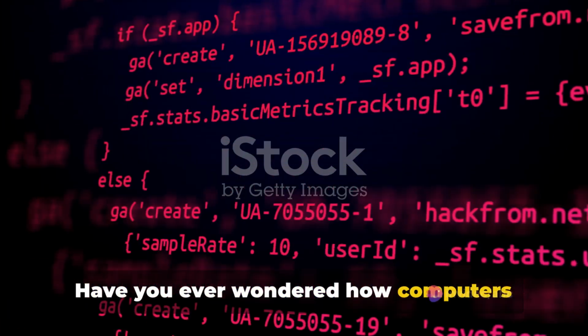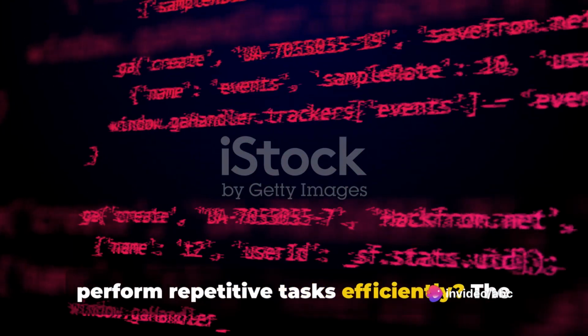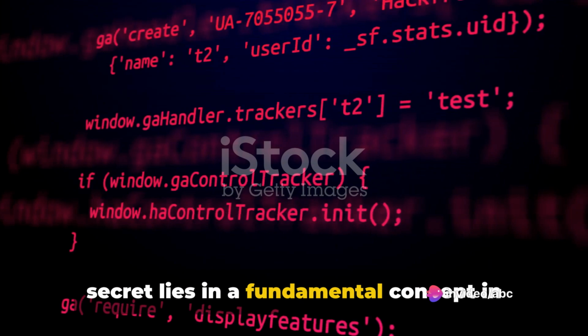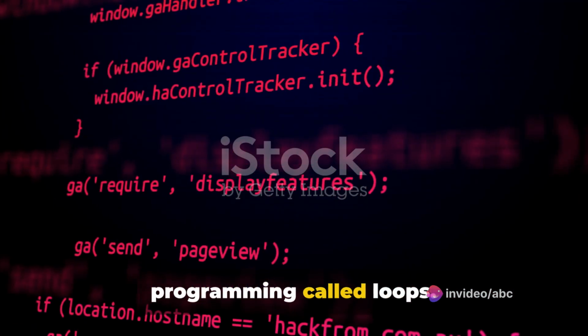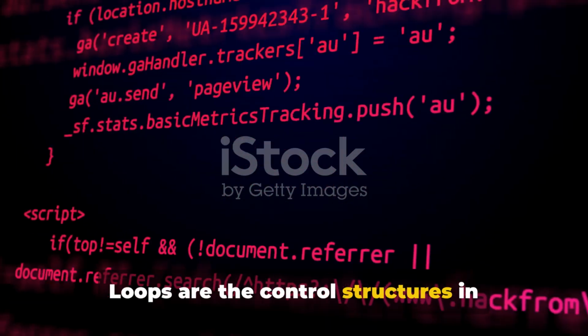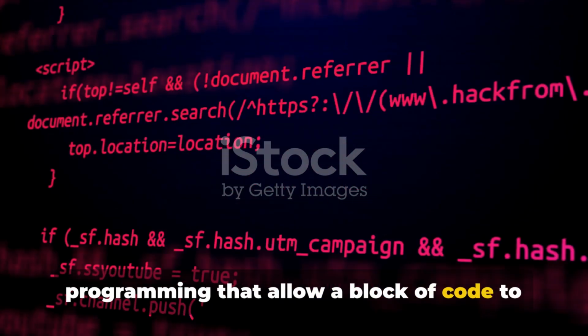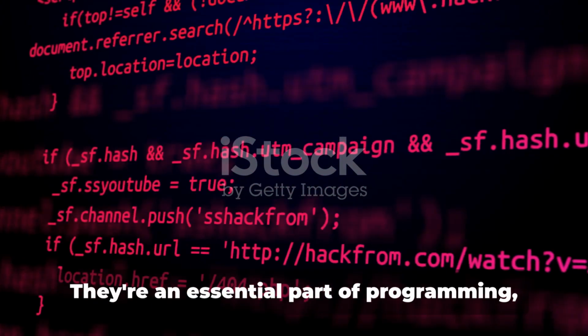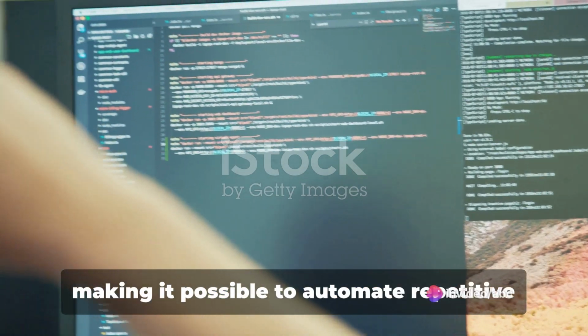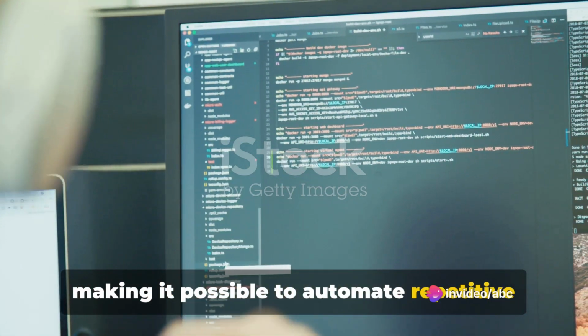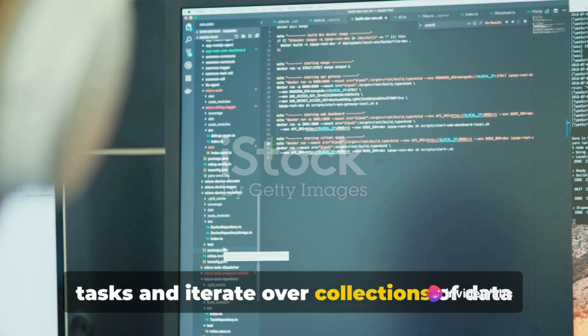Have you ever wondered how computers perform repetitive tasks efficiently? The secret lies in a fundamental concept in programming called loops. Loops are the control structures in programming that allow a block of code to be executed repeatedly. They're an essential part of programming, making it possible to automate repetitive tasks and iterate over collections of data in